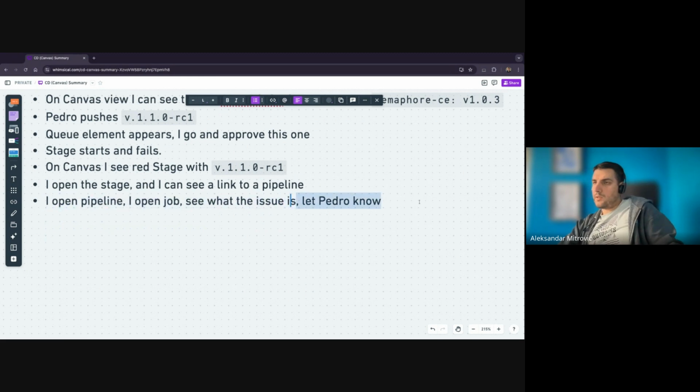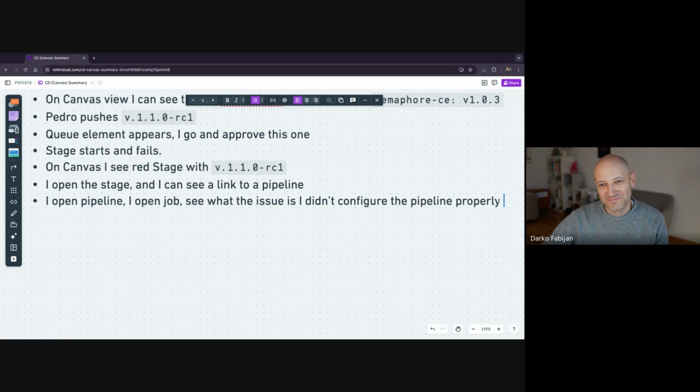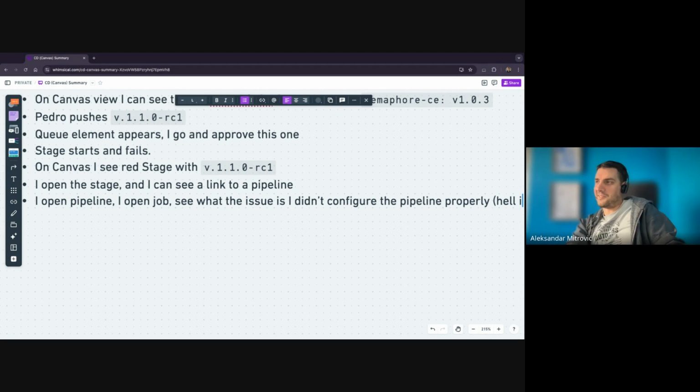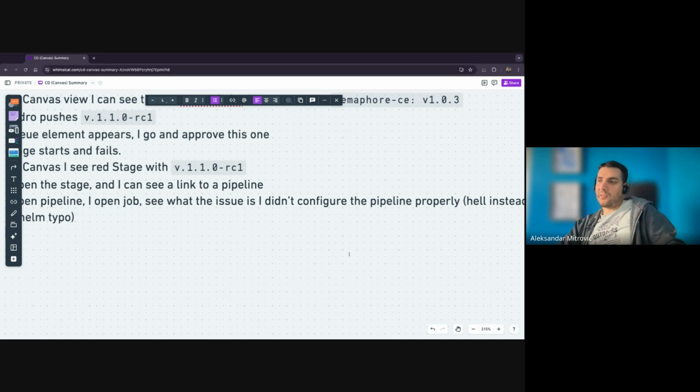See what the issue is. I didn't configure the pipe... You didn't have helm install, you wrote hell install. I like that. Okay. So yeah, well,